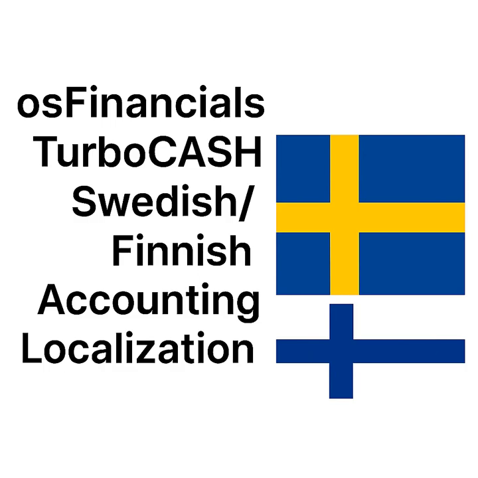Which brings us to the core mission for today's deep dive. We are unpacking the massive structural difference between Sweden, the actual country, and the Swedish-speaking parts of Finland. It's not just vocabulary. The source material paints this picture of two neighbors who share a language but inhabit completely different financial universes. From how they count their money, to how they report taxes, to the very philosophy of what counts as an asset versus an expense. And this shows why precision matters so much, whether you're expanding a business, building software, or you're just curious about how global systems work. It's basically a masterclass in how small details, like a currency symbol or a single acronym, can define the reality of a market.